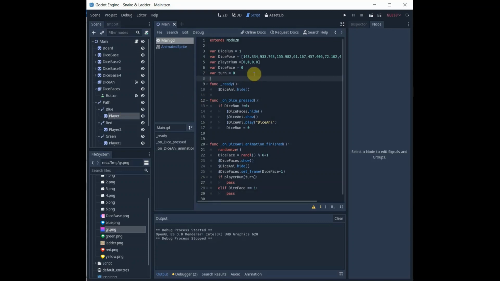So variable path player equal to, make an array. Make a path for blue player,